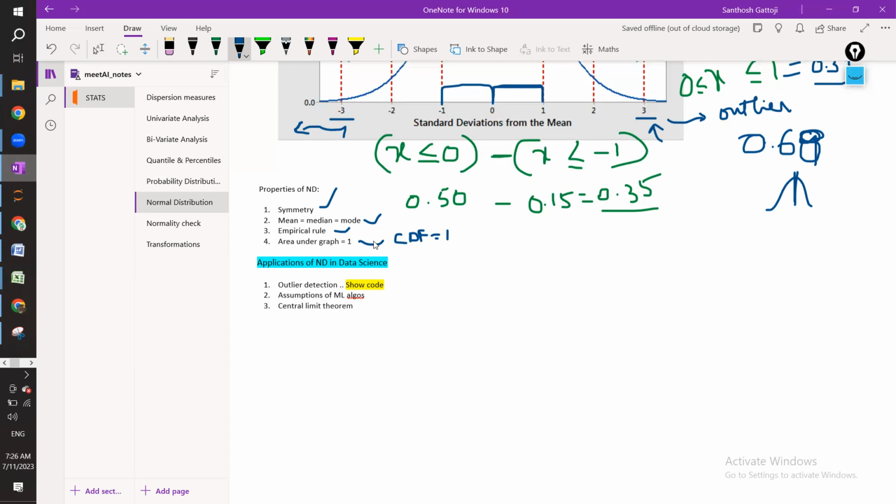Now, next thing is application of normal distribution. There are many in data science. Normal distribution will help you in 100 ways, and you will see that. But firstly, there are mainly 3 concepts where it will be helpful. One is outlier detection. Using this concept, you can clearly detect outliers, which is a very practical application, which we'll be seeing. Second thing is assumptions of